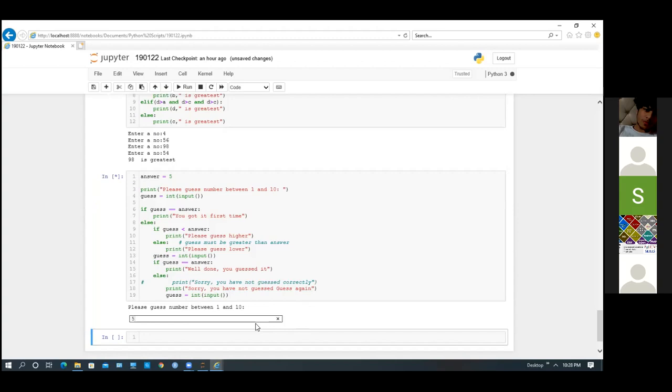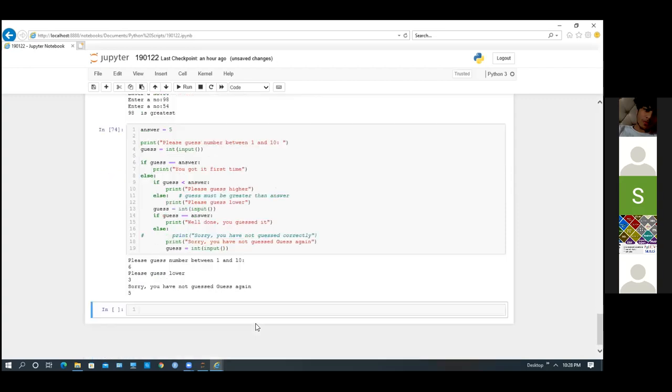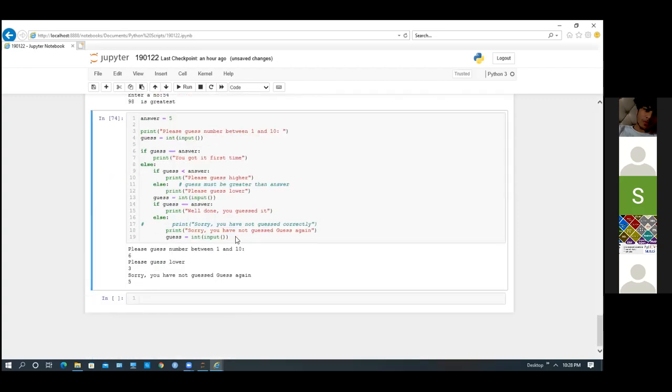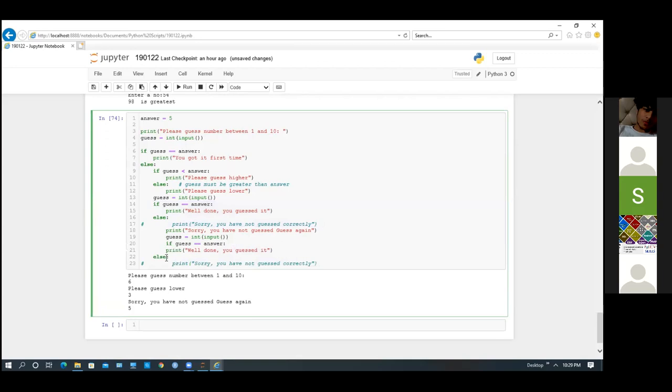Suppose I write 5. So I write 6. This goes 3. So I write again. Just a second, I'm taking the input, the guess input. If I want to increase it another time, this program currently, every time I want to increase the number of guesses, I have to write this section.